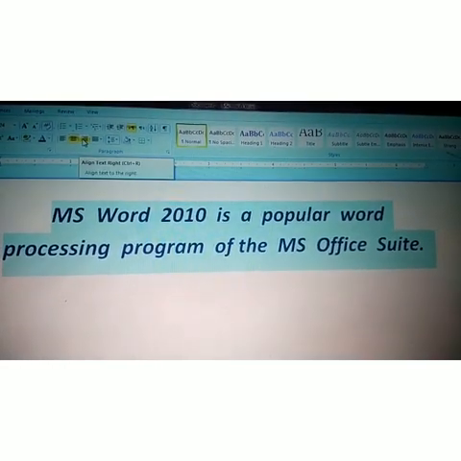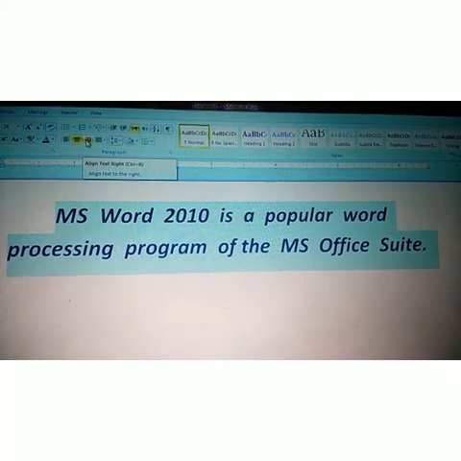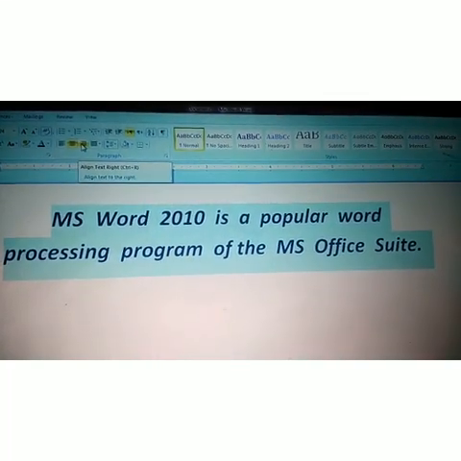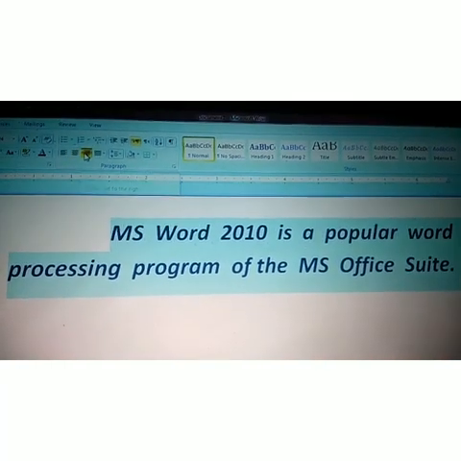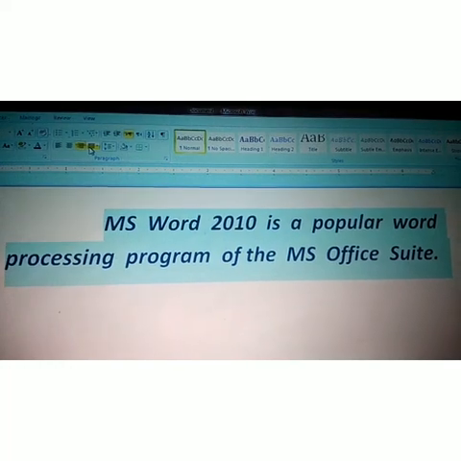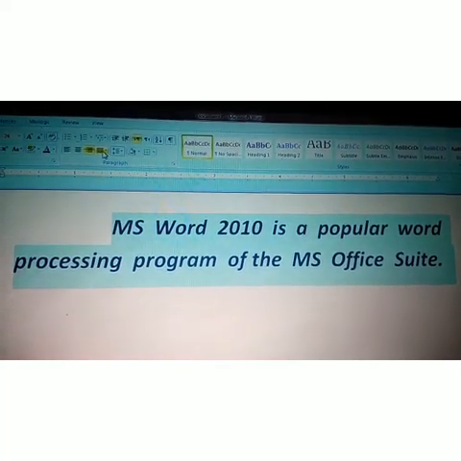Then next is your right, which means control plus R, a right. We press and click the alignment and see the next changes, shifted to the right side. Okay, students, and then the next alignment is